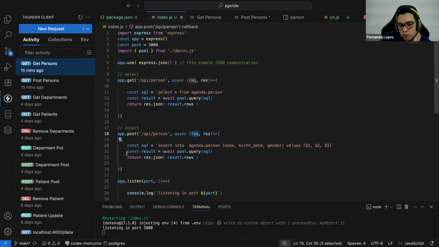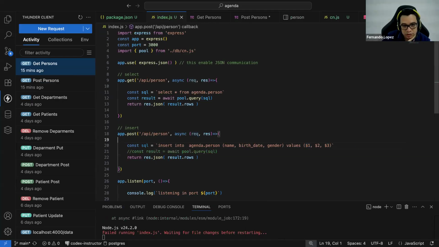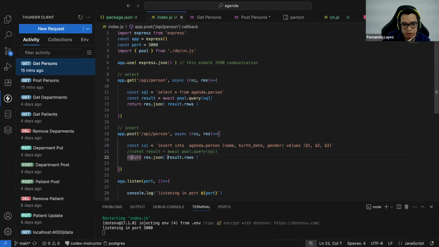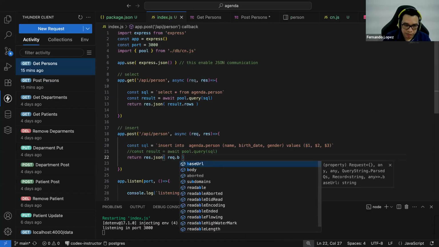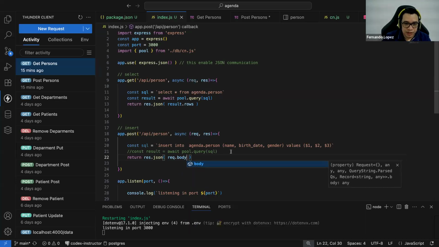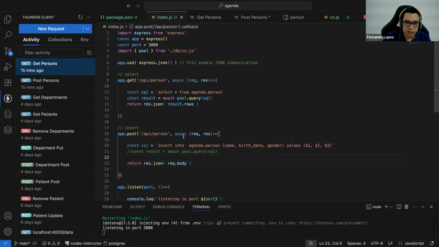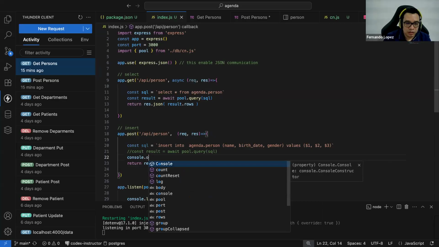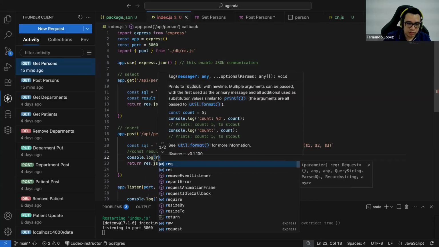I will console log this object for you. I will return the request dot body right now, but instead of creating the SQL instruction here, let's console log the request.